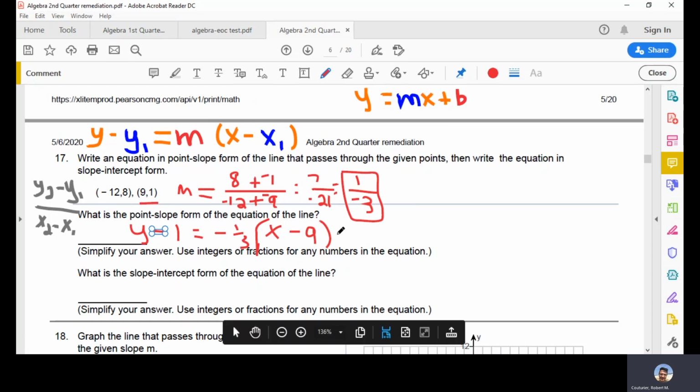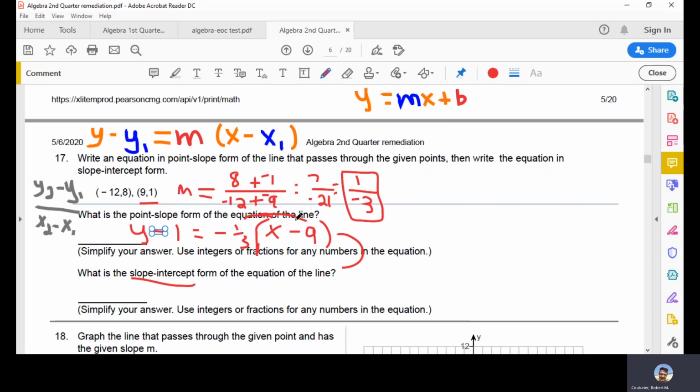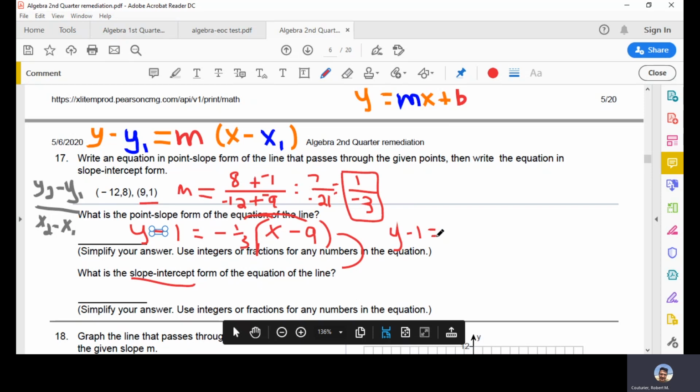Now, we need to take this and translate it into slope-intercept. So what are we trying to solve for? We are trying to solve for this y right here. So let's do it. First thing we need to do is distribute this negative 1/3. So you distribute the negative 1/3 to each piece in our parentheses. Okay, so y minus 1 equals negative 1/3